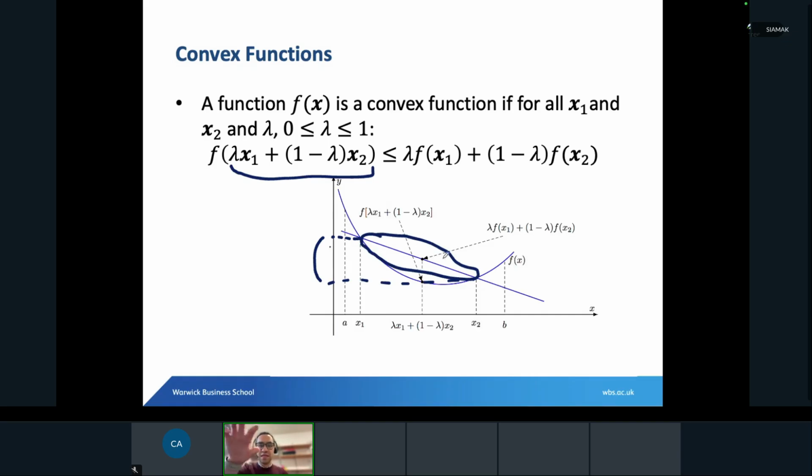So what we say here is that any point on this line gives us a value which is greater than or equal to the value that we get from the same point if we plug it into the function itself, and this becomes a convex function. But why I'm showing you this, because in reality,